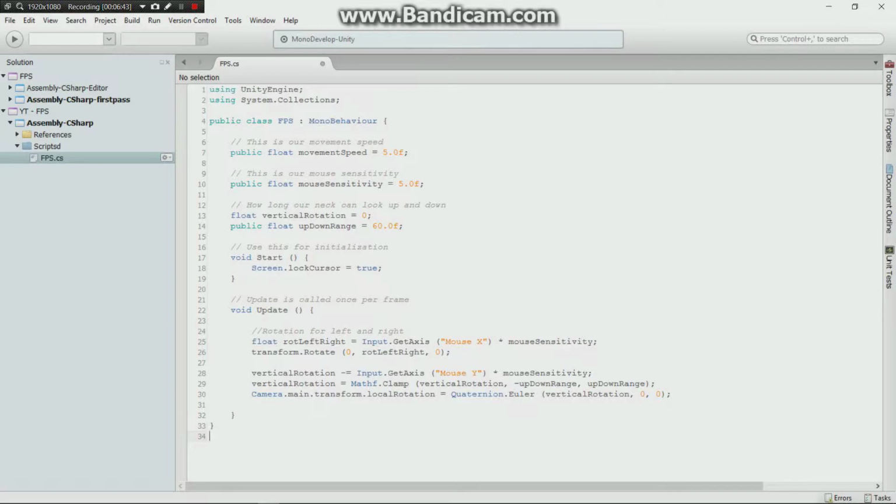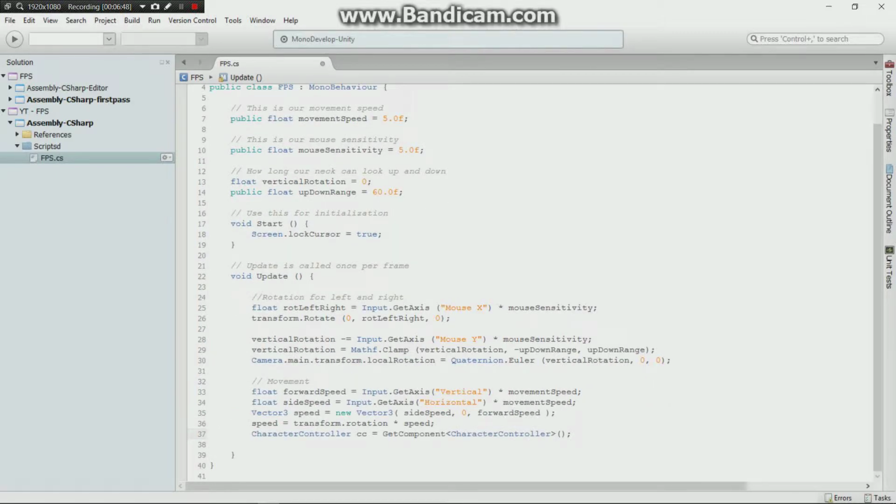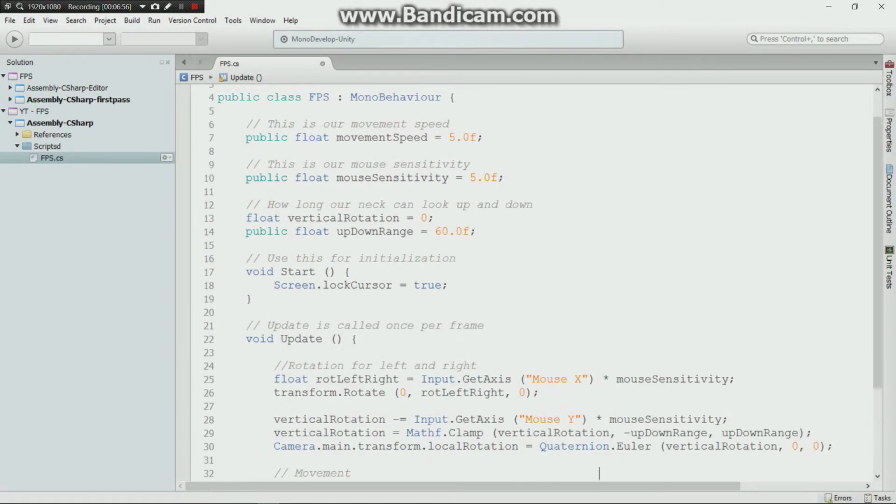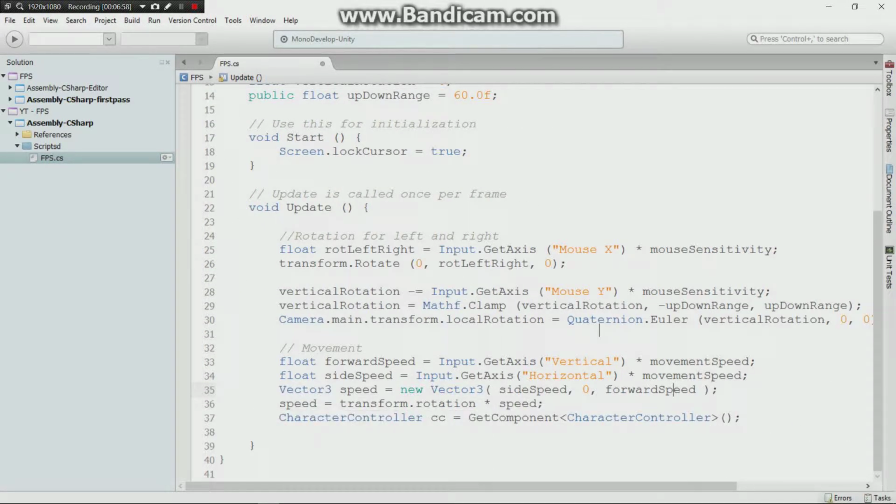And now let's write the last lines of code then. So all the highlighted text is what I basically typed in. So this is our movement. And if I zoom in, you can pause the video and take a look at it. So float forwardSpeed, and so on. Pause the video and look at it. So now let's create the last line. So the last line is basically cc.SimpleMove(speed). So if I hit save on this,